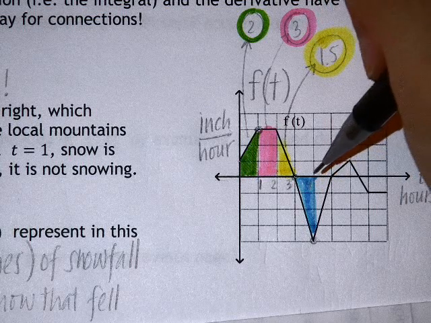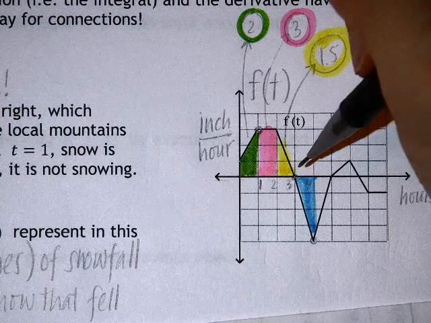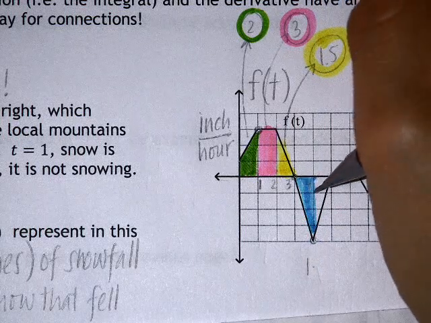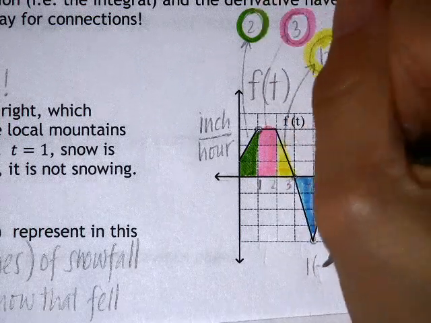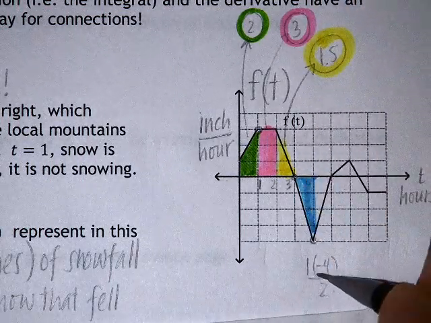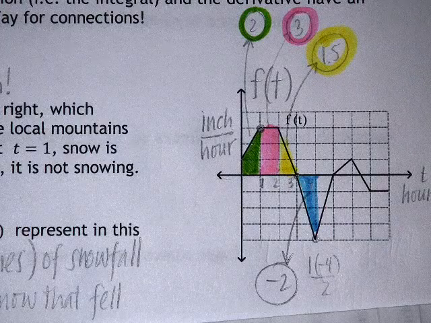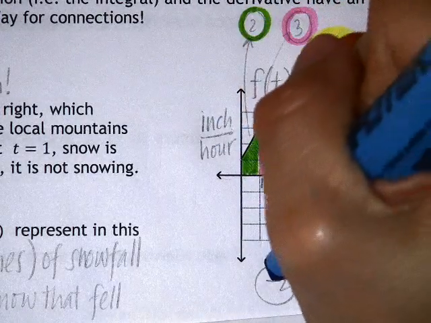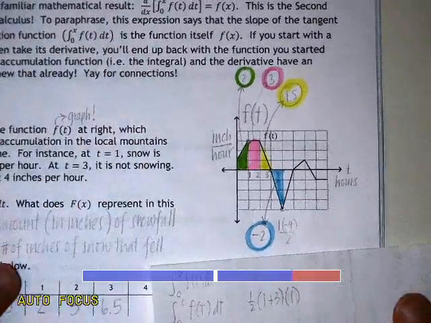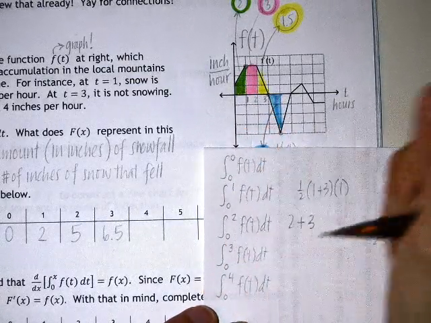This blue triangle is going to have a negative area. And if you're reminding yourself of why it's possible for an area to be negative, remind yourself then that this triangle has a base of 1, positive, because it's going to the right, but a height of negative 4, because the height's going down in the negative direction. So base times height divided by 2 would be negative 4 divided by 2, which is negative 2. So that blue space has an area of negative 2. And when I go to accumulate that, in other words, when I want to find the total area from 0 to 4, total again refers to accumulation